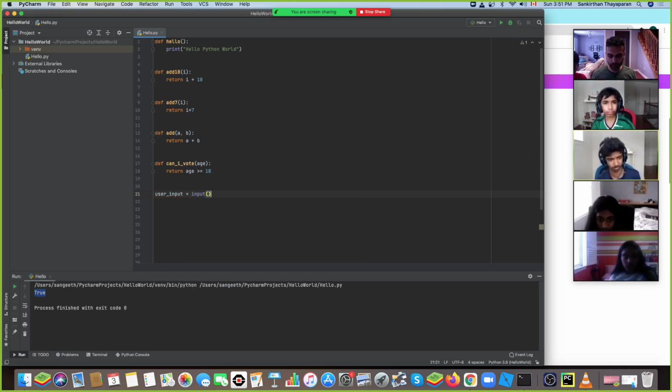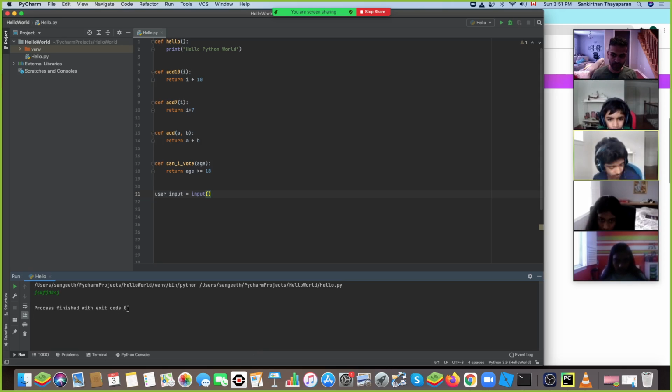When I run this, the program doesn't end. It's just stuck there waiting for user input. If I type in something here and I press enter,